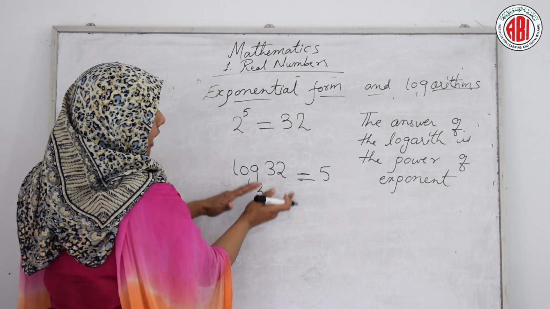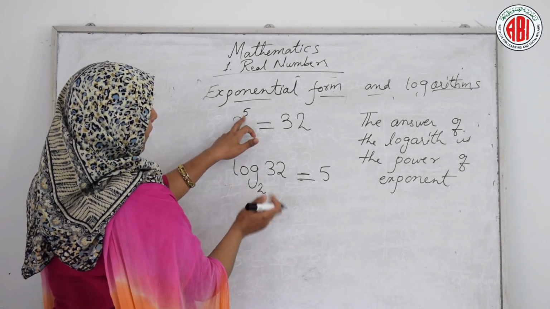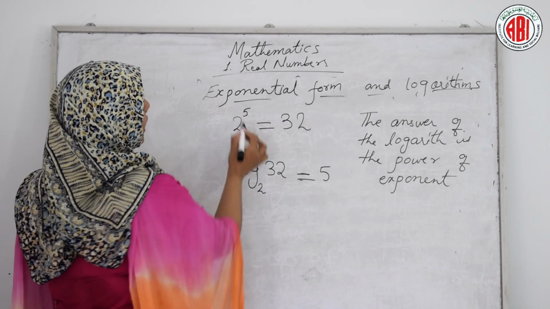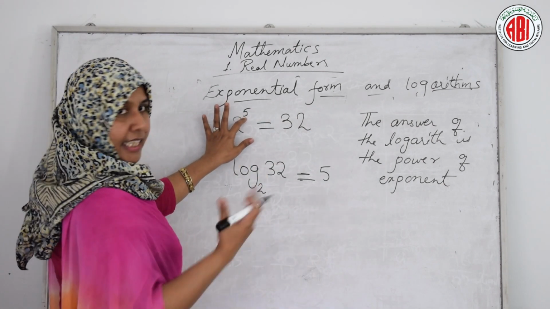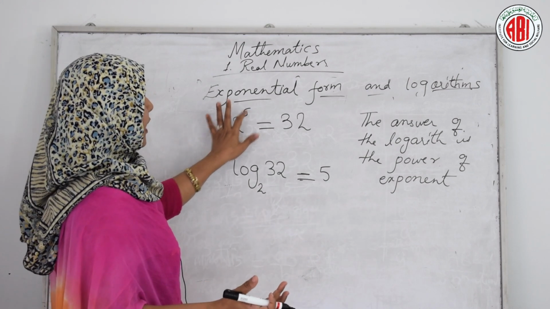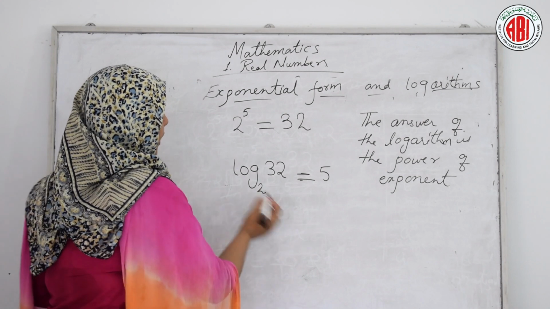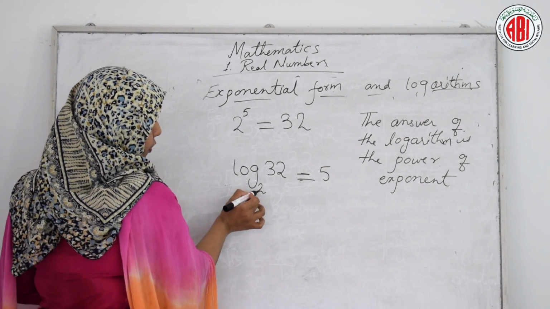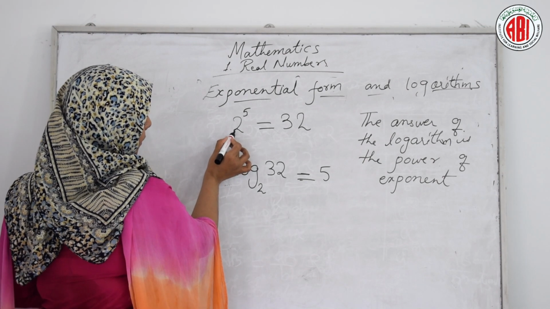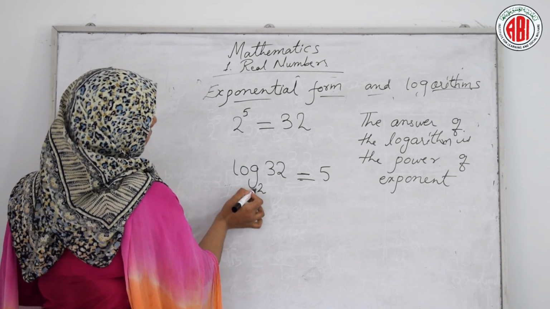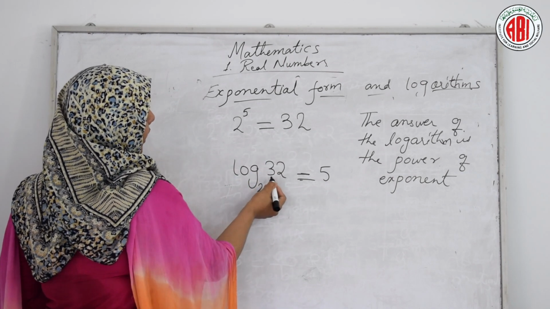This exactly we are writing in the form of logarithms, right? So this power in the logarithm is nothing but this answer x that you have to find. To get this answer only, we are using this logarithms. Now base 2 is the base here, base number is nothing but base of the logarithms, and this 32 we will write here.